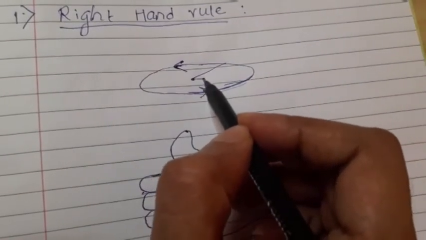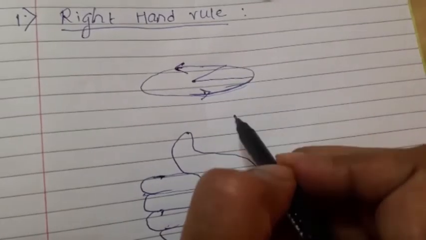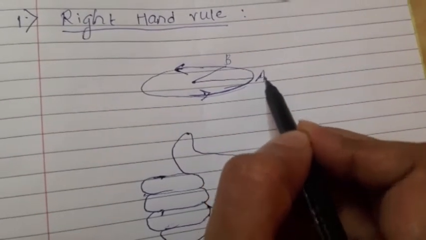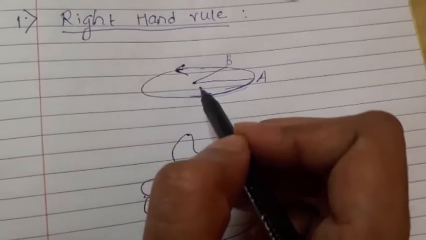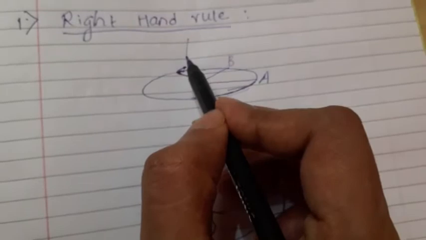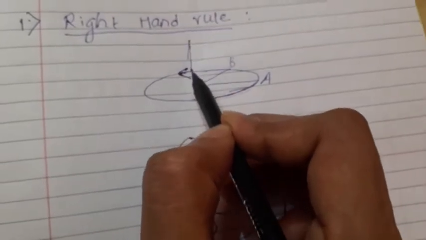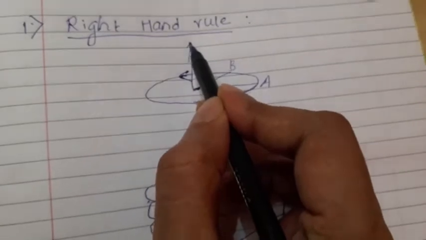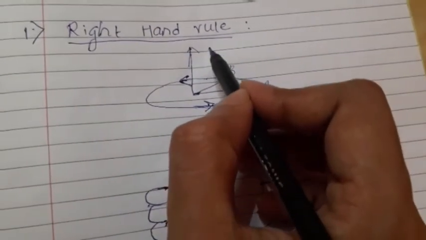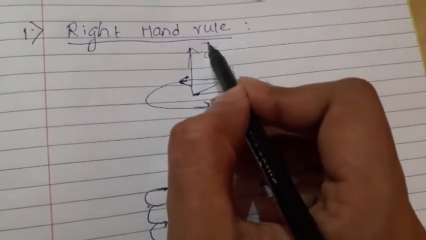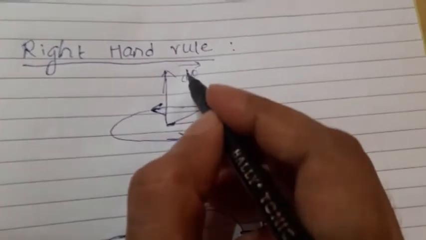So these are the 2 points. Particle from A will be moving to particle B. This is particle A, and that was the center of the circumference drawn over here. From that we'll stretch a line which will represent the angular displacement, pointed outstretched. So this is the outstretched thumb, d theta bar. This is the outstretched thumb.